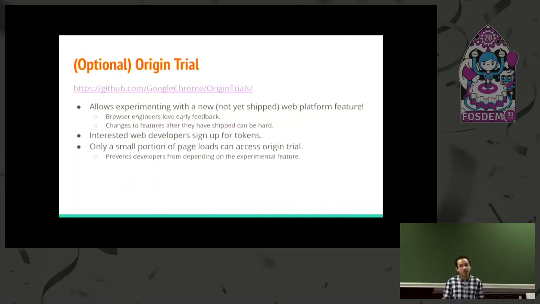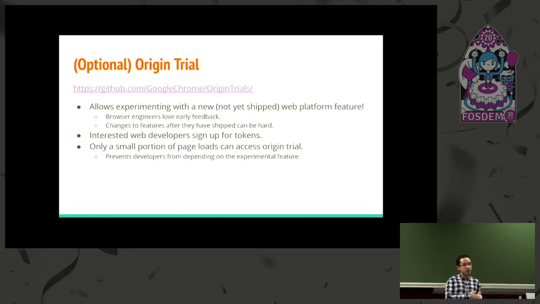Now, an optional step in the process is to do an origin trial. So I have a link there for what an origin trial means. But the basics of it is, it's a way of allowing experimentation before we actually ship the web feature, like for realsies. So in this origin trial, the idea is that browser engineers can get some early feedback, which, have I mentioned that we love feedback? Maybe I have, yeah. So we love early feedback, and the reason we do is because after you ship a